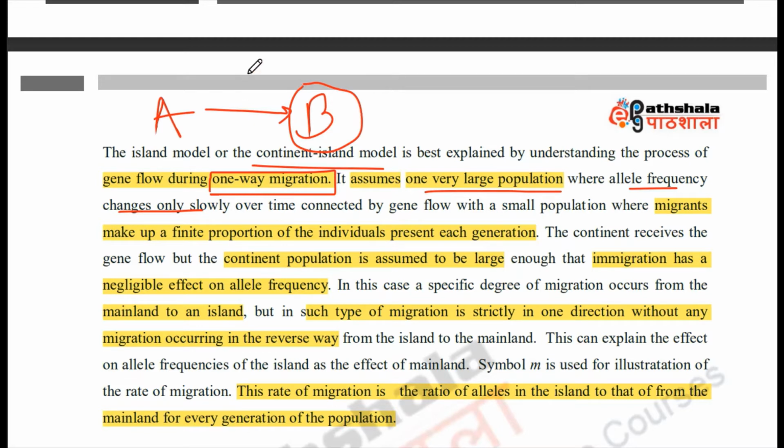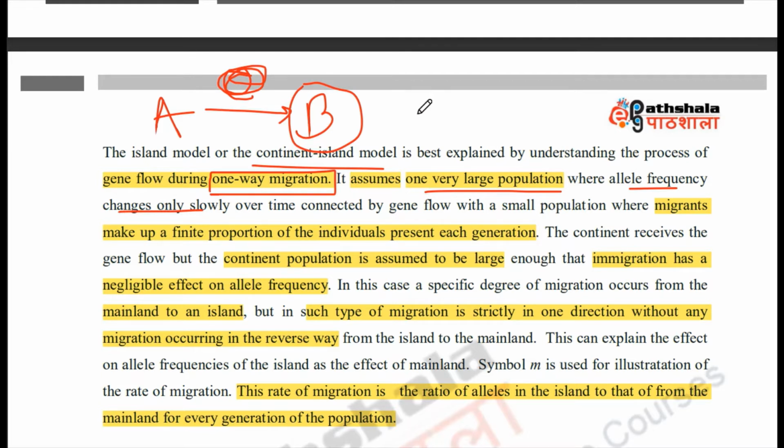Okay, so being at a fixed migration rate, being a very large population, the change in the genetic structure or the change in the gene pool of the population B is very much negligible. Getting the point? So these two assumptions, that there is a fixed amount of migration rate from A to B over the generations, and the population size of population B is quite large. So even if there is a very fixed amount or finite proportion of people or genes coming from A to B, being very large in size, there's a very negligible change observed.